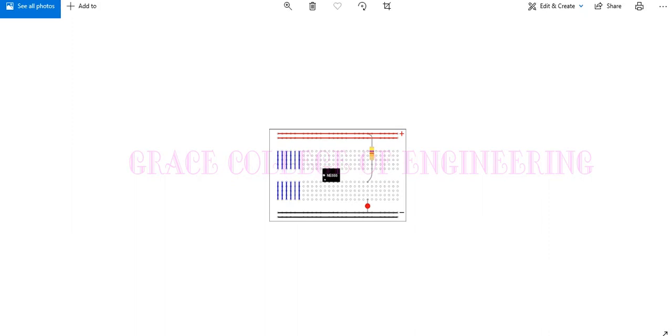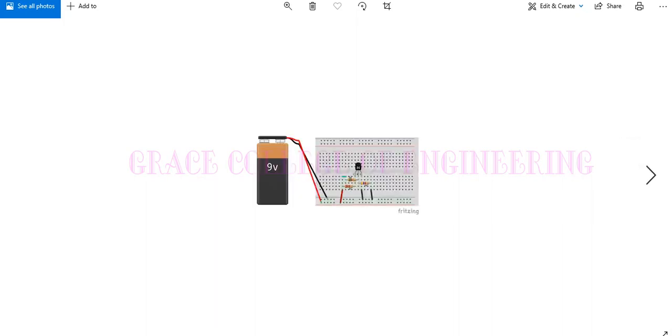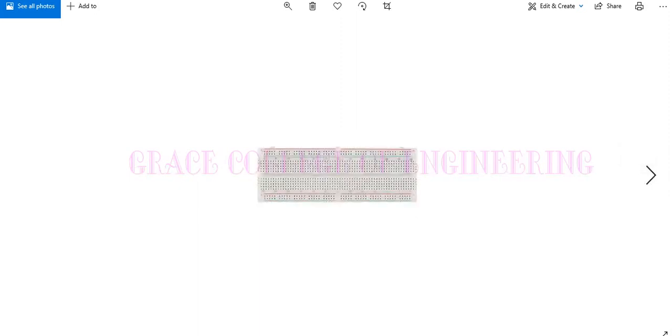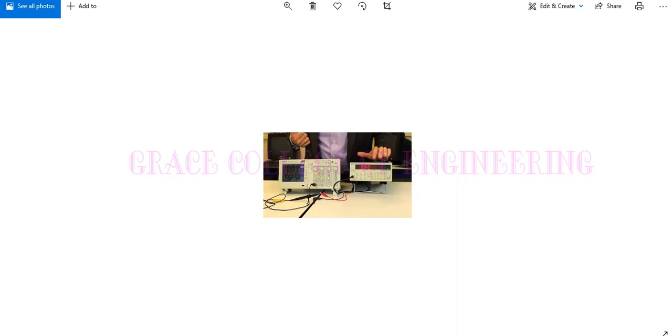And this is the breadboard, and here there is a connection in the center column-wise and row-wise at both ends, and here we can connect the resistance, capacitance and inductance as we need. And here there is a diagram which represents several resistors connected in series, and also if we want to connect the resistance to ground they have connected, and they have given a positive supply here. This is the breadboard diagram, and this is the CRO, and this is the function generator.